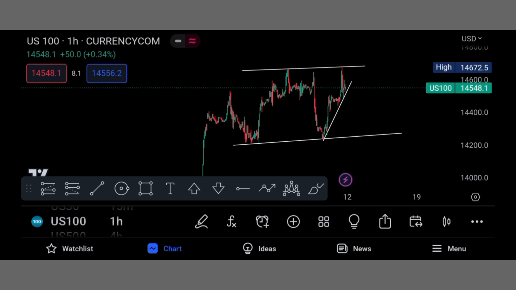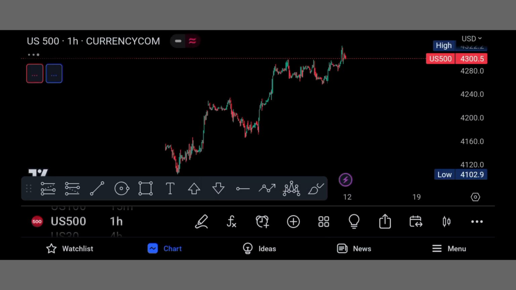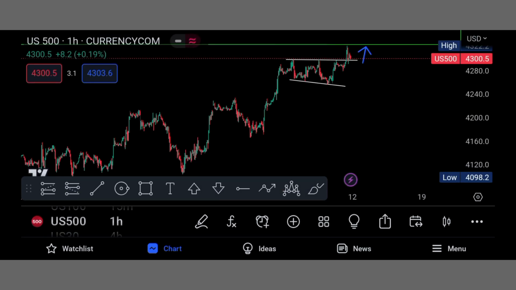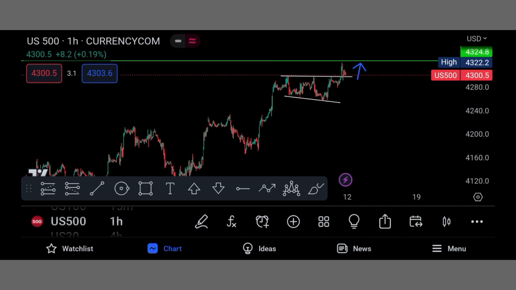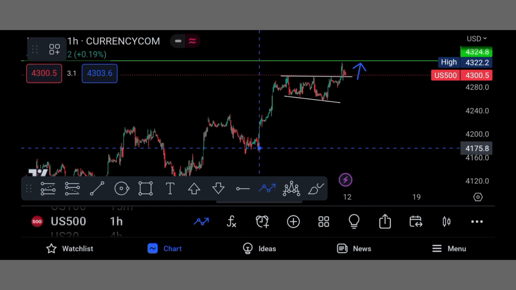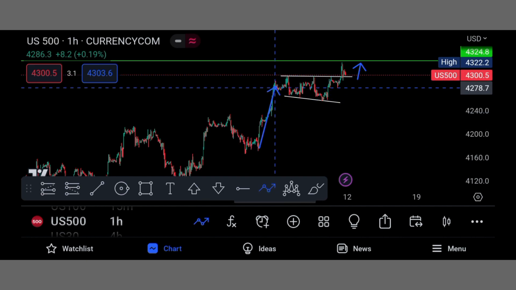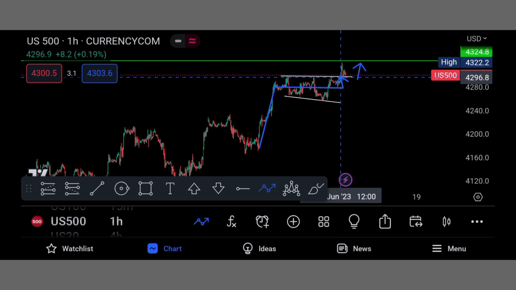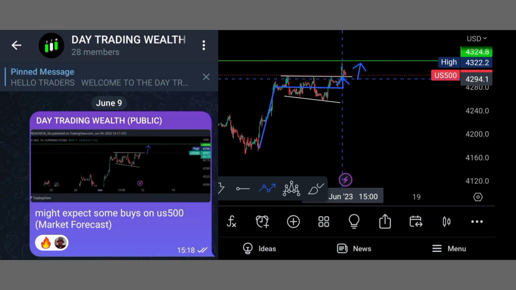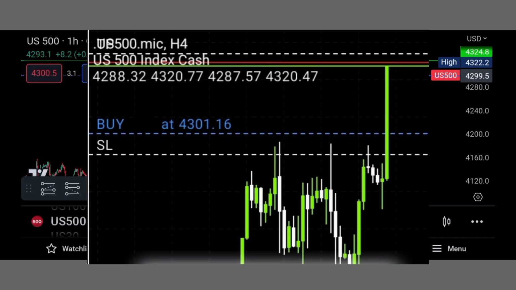So yeah, moving over to US500. With US500, you can see that it's quite clear, right? We had an impulse, had a correction. So we did capitalize from here to there, right? With that buy, we did capitalize. If you can check our Telegram group down below, I'll plug the link in the description, you can see we took the trade with the members to go to the upside,